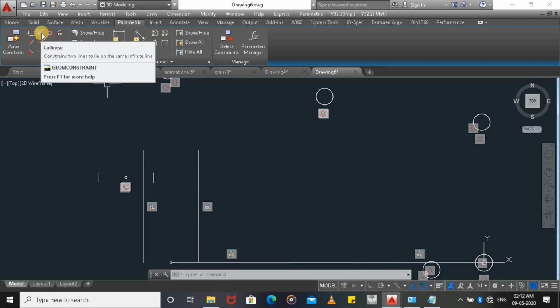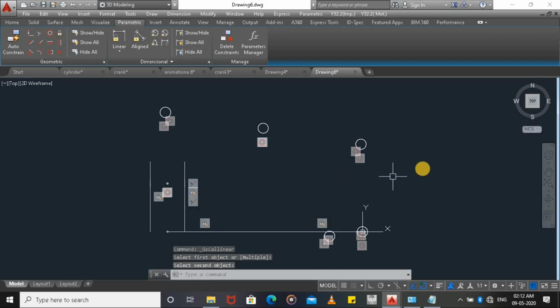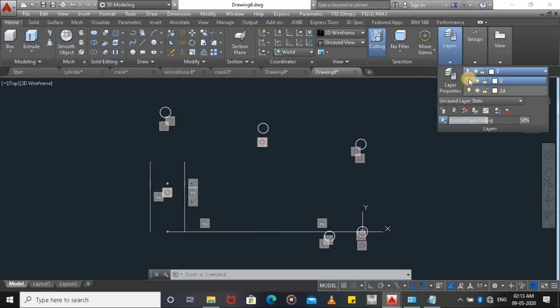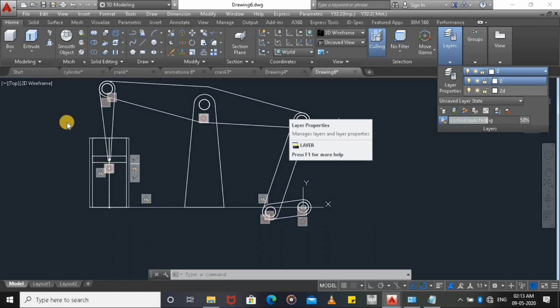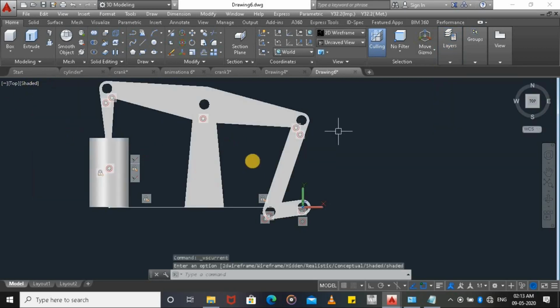So here is a collinear constraint, and then this line and this line. Now go to home, layers, and turn on this layer. Now you can see that all the parts are assembled. You can check these parts in shaded also. So all these parts are assembled.